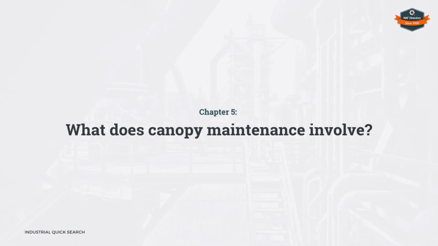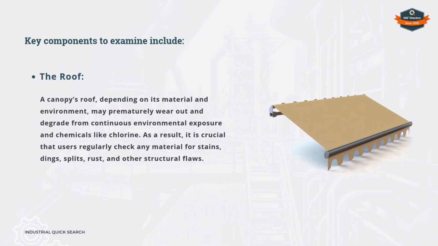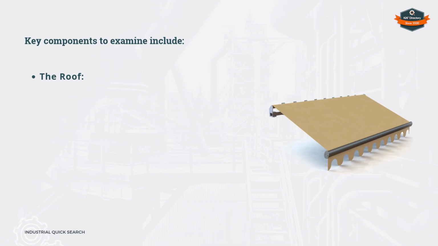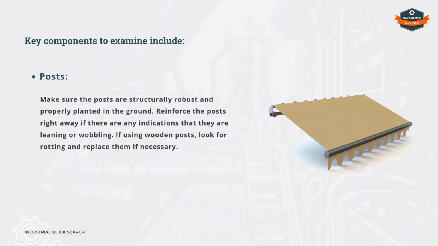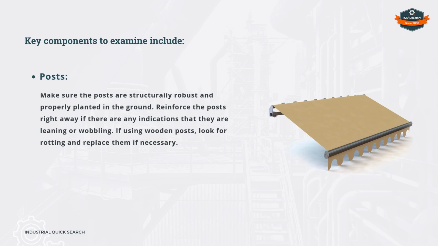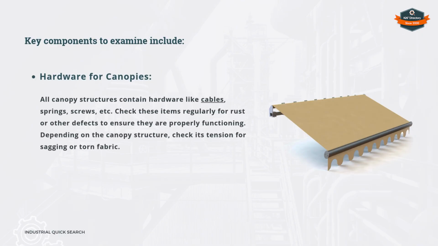Chapter 5. What does canopy maintenance involve? Key components to examine include the roof, posts, hardware for canopies,